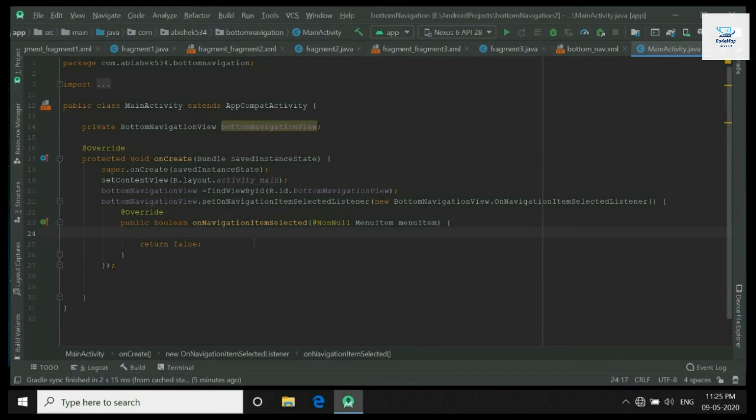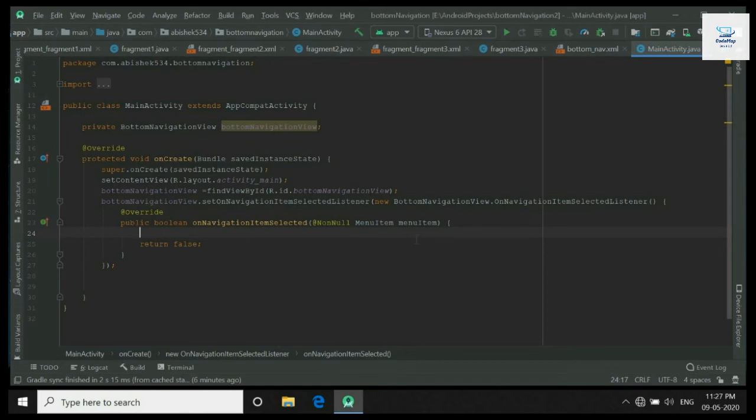Whenever an item is selected from the bottom navigation, this method is called, and using this menu item we can get the ID of that selected item. So by comparing this ID with the ID of the items that we created in the menu file, we can get to know which item is selected.